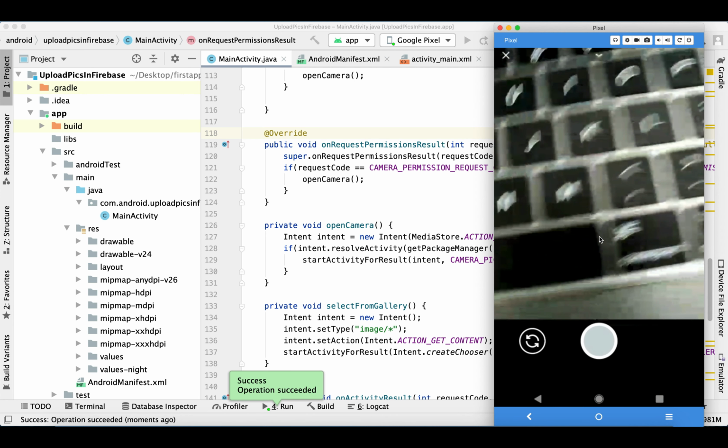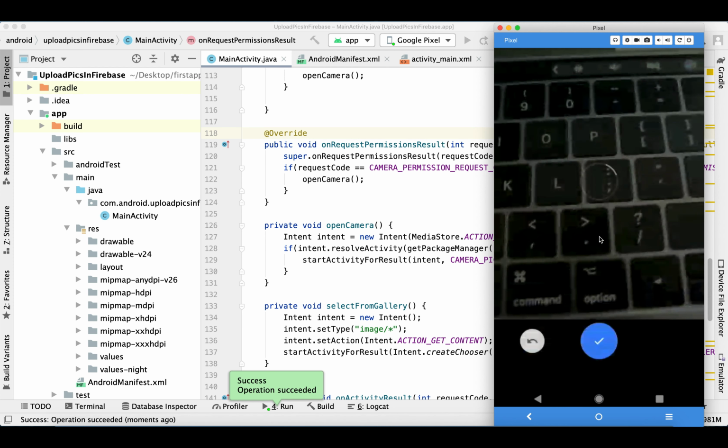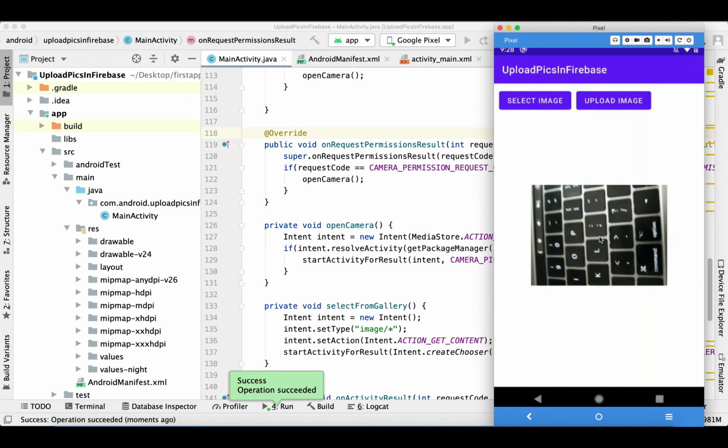Okay, now you can see the camera. That's great. I took a picture. That's great. We can see it.